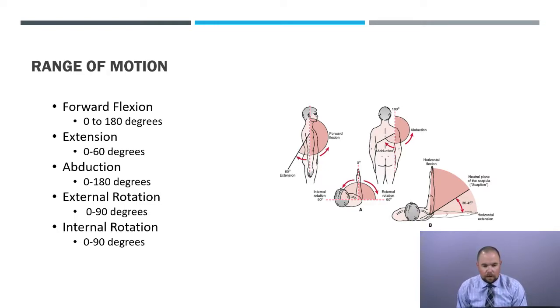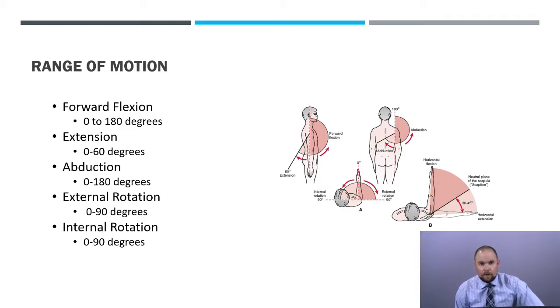Internal rotation is also typically evaluated with two different methods or terminologies. You can have the patient internally rotate behind their back to mark the spinous process level that they're able to obtain, or you can also have them internally rotate with the arm abducted to 90 degrees to evaluate that internal rotation. So typically patients that come in with shoulder complaints are going to have some variations of abnormal range of